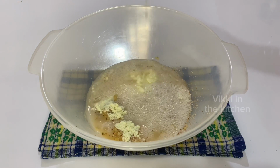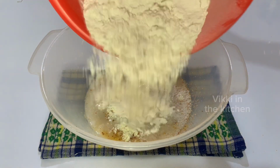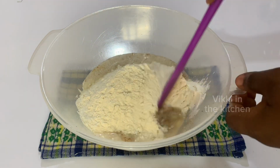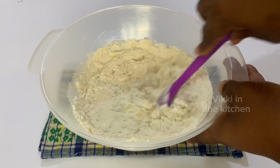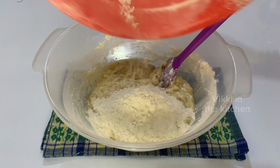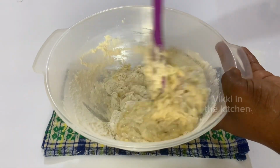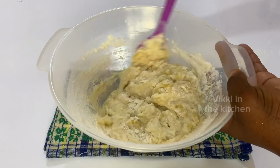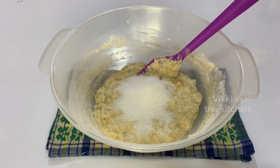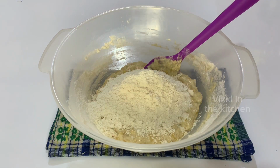So I'm going to go ahead and add my flour. You can use bread flour for this. You can use all-purpose flour. They both work nicely, okay? So I'm mixing this and adding in little by little. So for puff puff, if you want it to be really nice and soft, then you may want to add less flour. I like it soft, so if you are a soft team member, this is the recipe for you. I also added 3 tablespoons of sugar. So if you want it a bit tougher, you may want to add a bit more flour than I did,